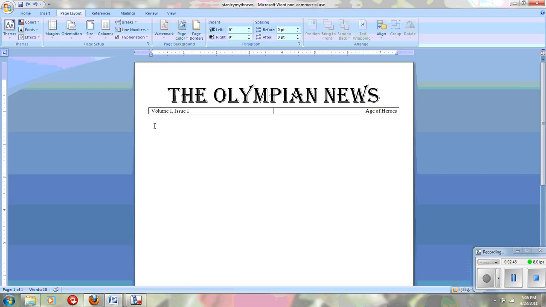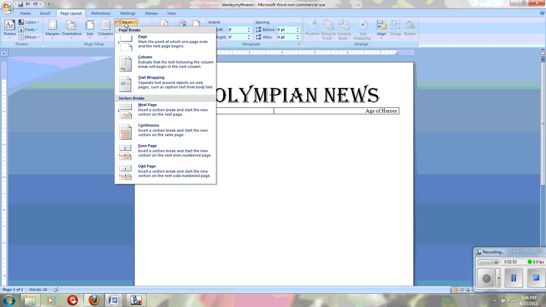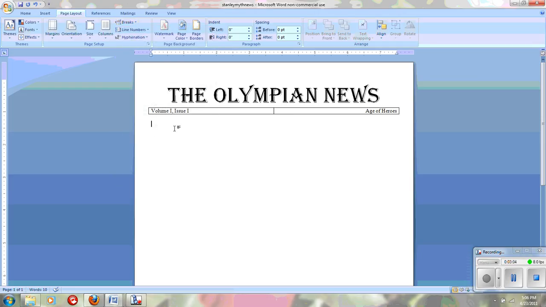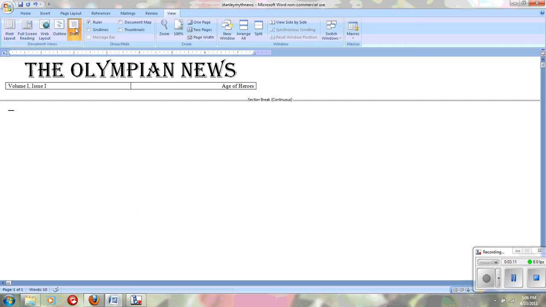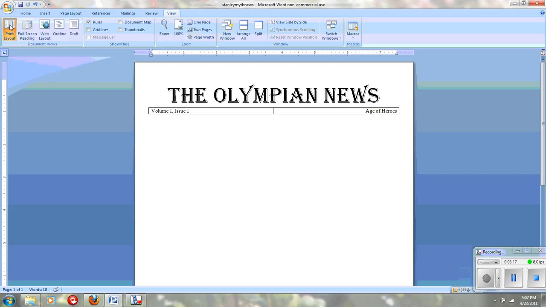and it's very easy to do. I'm going to go to Breaks right here on the Page Layout tab, and I'm going to look for the one I want. I actually want one which is going to insert a section break and start the new section on the same page. So I click Continuous. Now you don't see it come in here, but were you to go to View and go to the Draft View, you can see there your section break continuous is, and your cursor is underneath. I'm going to go back to Print Layout,